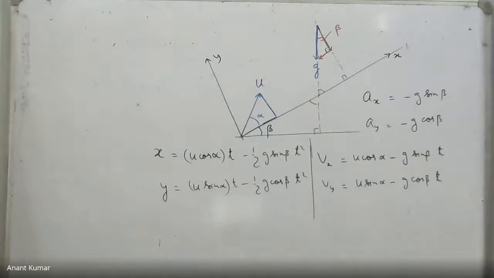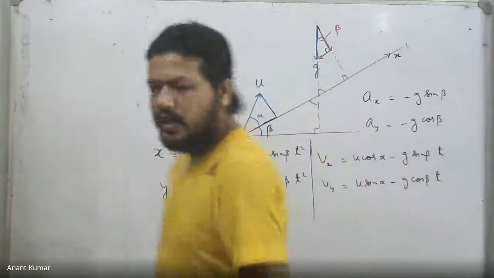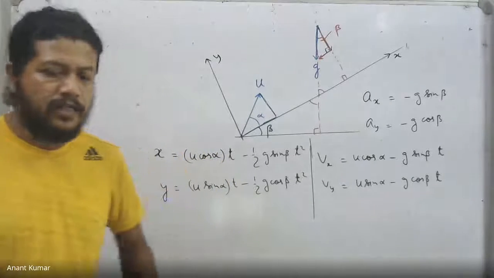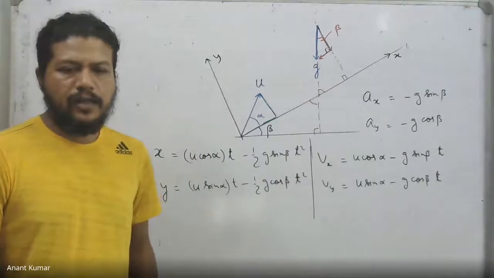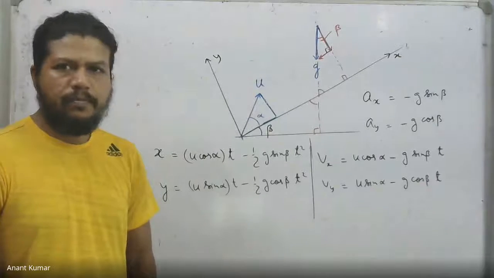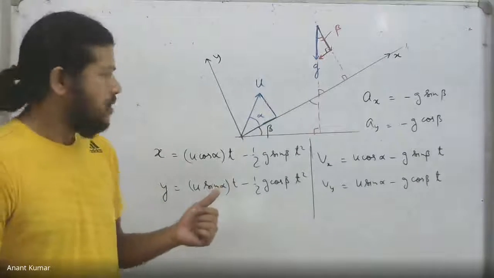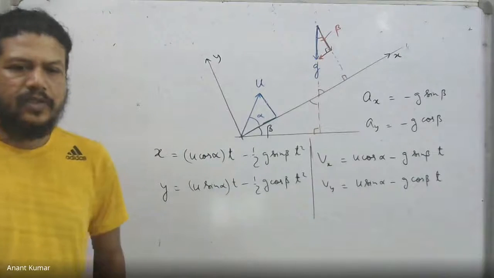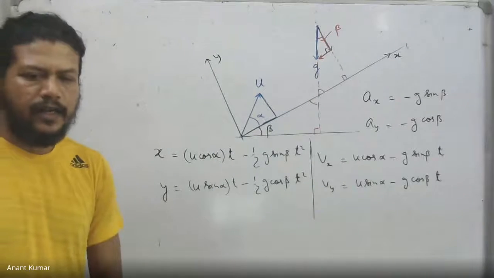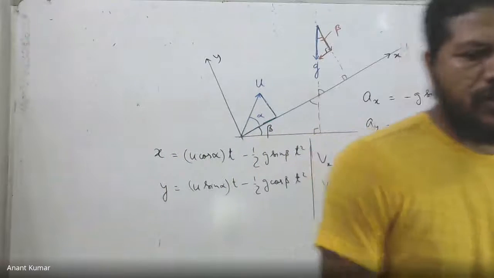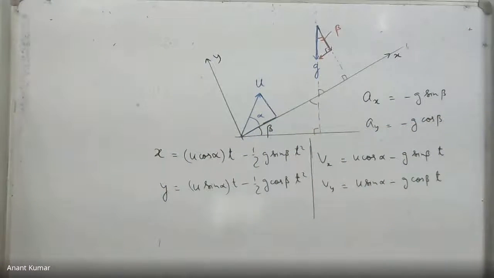You see, the projectile doesn't know. No, it won't be a parabola along the incline. It will be the same vertical parabola as if you throw the object from the ground. The particle does not know anything about the inclined plane, by the way, until it strikes it. So the particle will still follow the same parabolic path had it been projected from the ground, but the angle would have been alpha plus beta. It doesn't know about the inclined plane as long as it is in the air. It comes to know about that inclined plane only when it strikes it over there. Therefore, the path will be exactly the same as would have been followed on the ground, in fact, had the angle of projection been alpha plus beta.